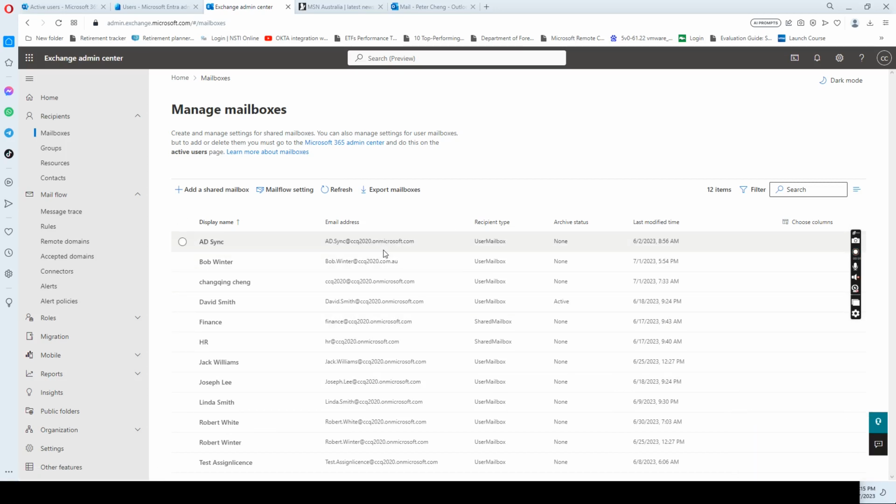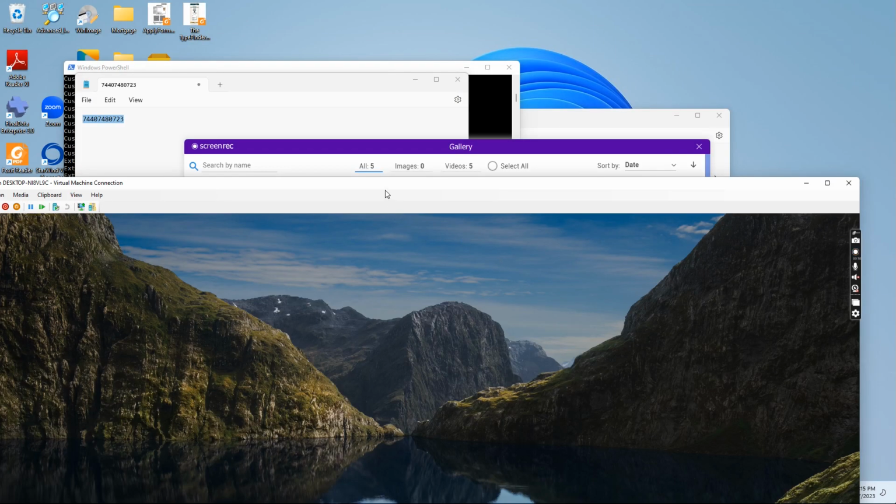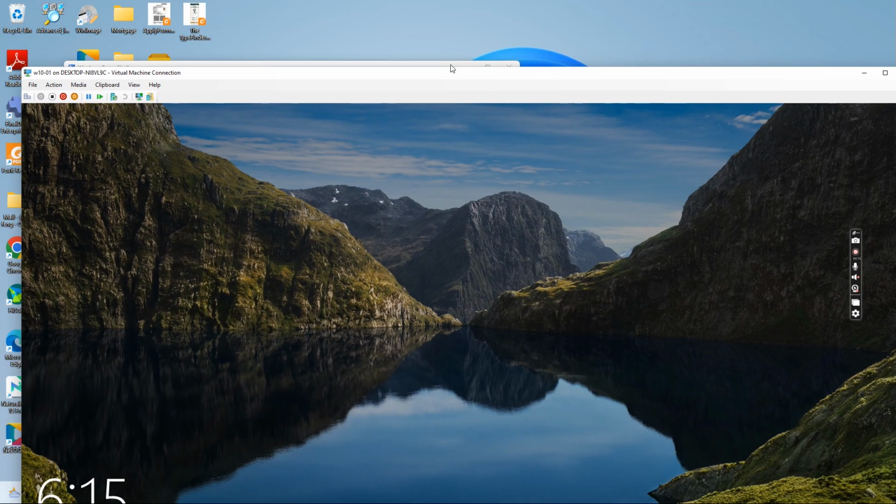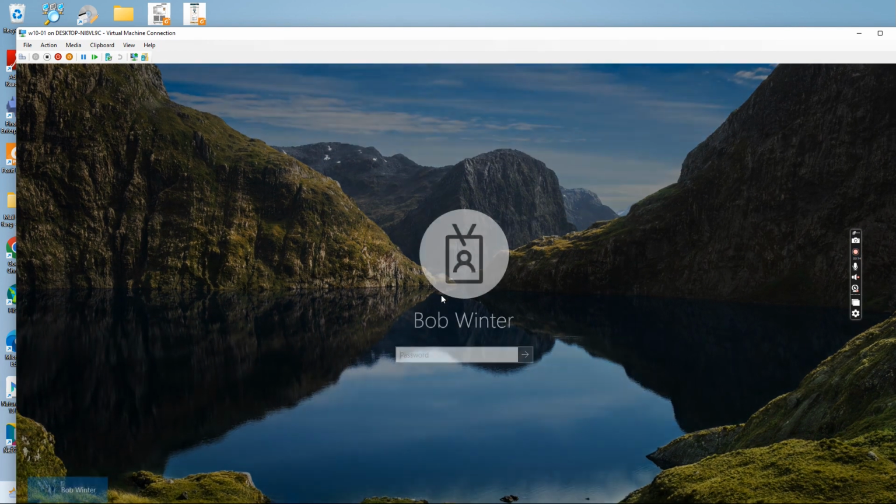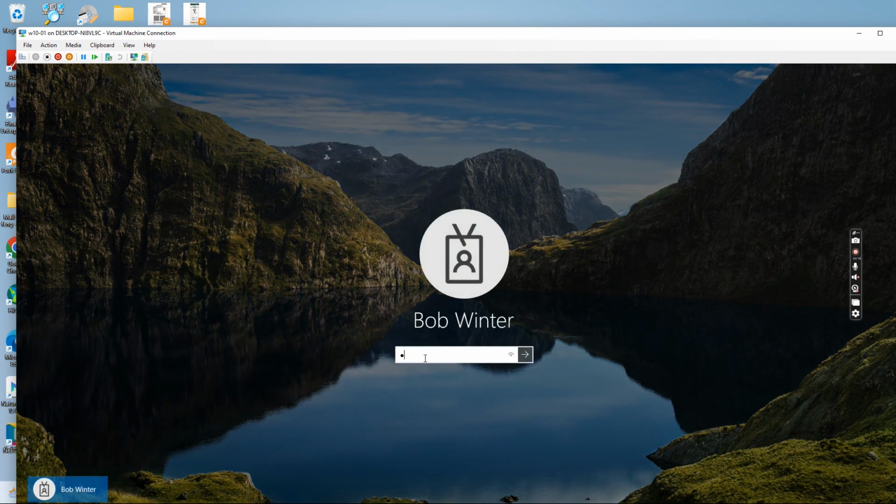Hello everyone. Today I want to show you how to create a disclaimer in Exchange Online. I have already logged into the computer as the user Bob Winter. If I show you this,